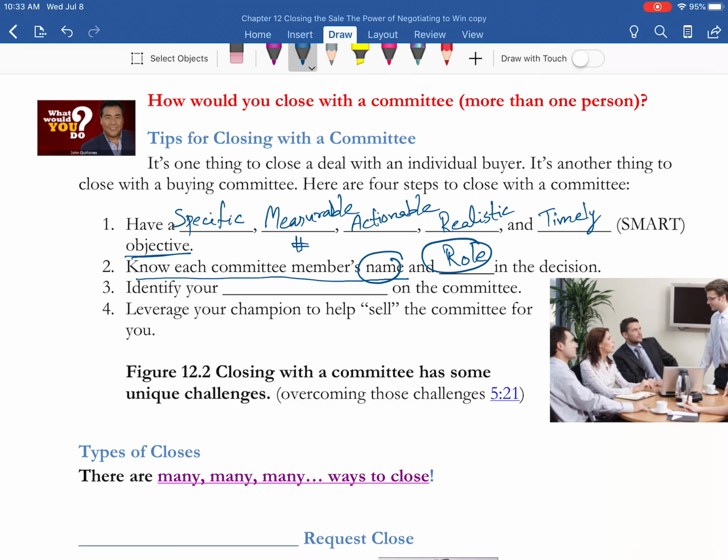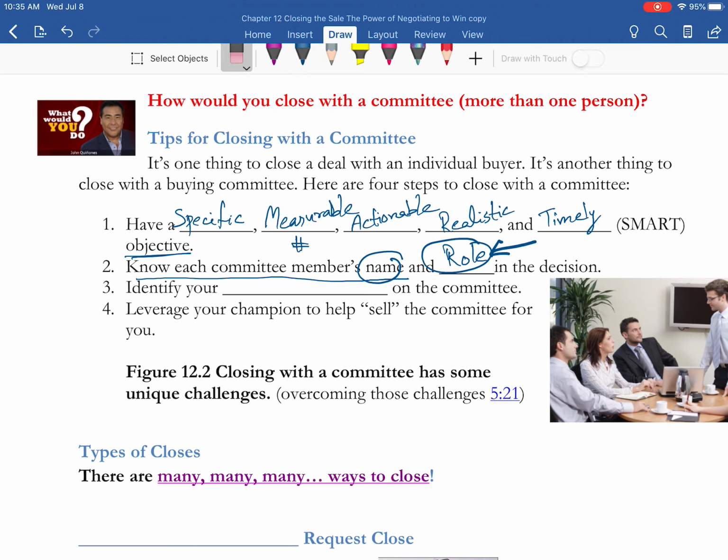Why do you have to know the name? Because name is the sweetest thing for anybody in any language, okay? Their own name. So you have to get their name right so that you can directly address them. Hey Dave, hey Victor, hey Nathan, what can you do about that? Or for that sake, hey Karen, or Chris, or Samantha, what can you do about that? So that you will be able to address them exactly, make sure that you address their concerns, their objections, and what type of role they will have in making the decision. You have to know everything.